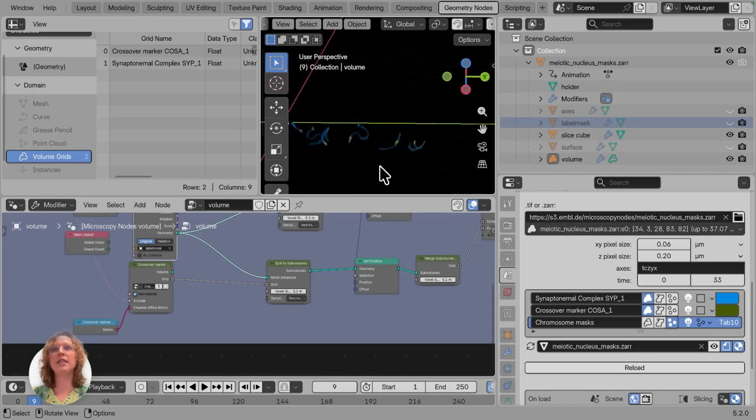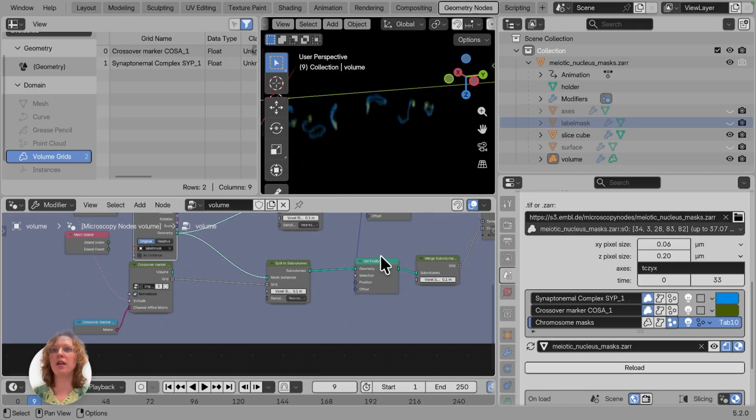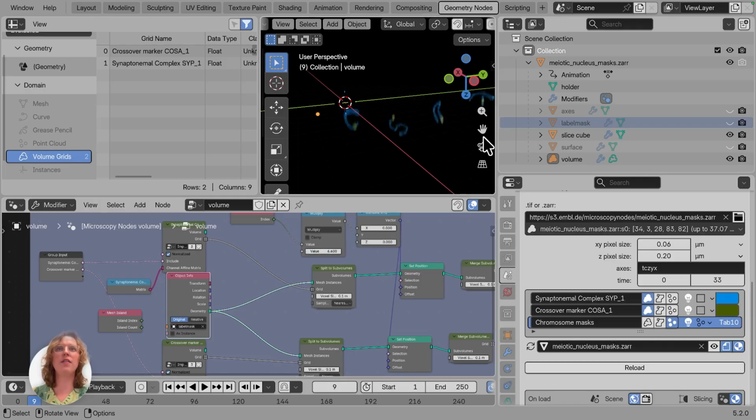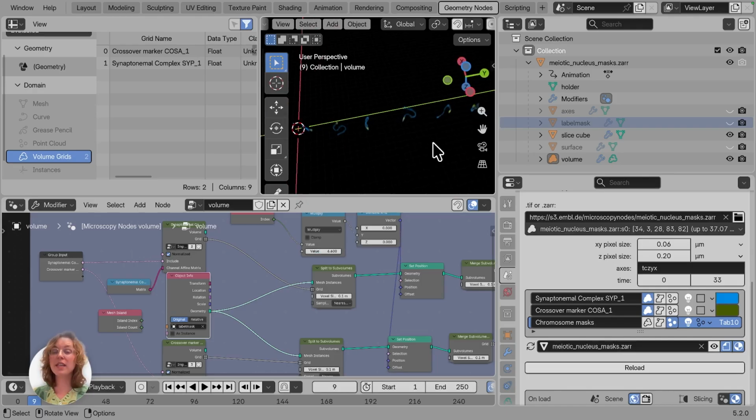And here we can see all of our individual chromosomes separated, and we could easily animate just this one value by setting some keyframes and start from 0 and extend this out to have each of our separate chromosomes. So this is really cool and can really yield really interesting